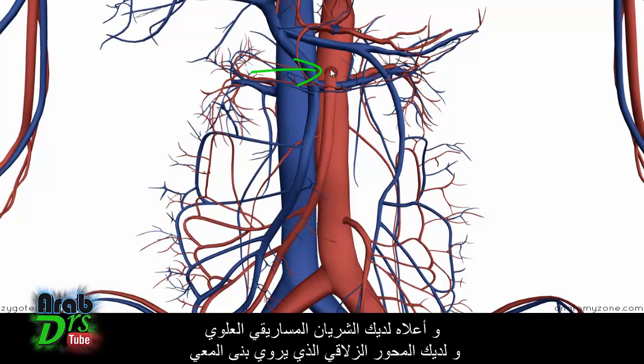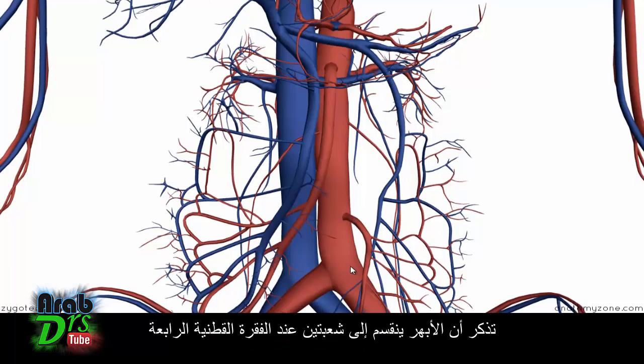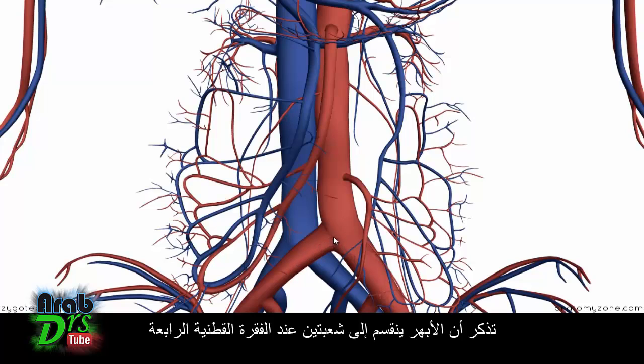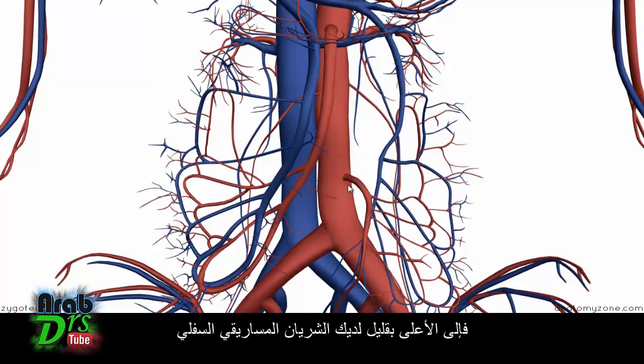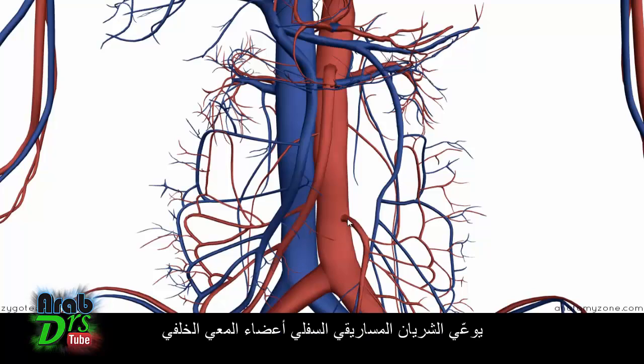So above it you've got the superior mesenteric artery, and you've got the celiac axis, which supply the other gut structures. So the inferior mesenteric artery originates on the aorta at roughly the level of lumbar vertebra L3. So remember, the aorta bifurcates at L4, so just a little bit above this you've got the inferior mesenteric artery. So the inferior mesenteric artery vascularizes the hindgut structures,